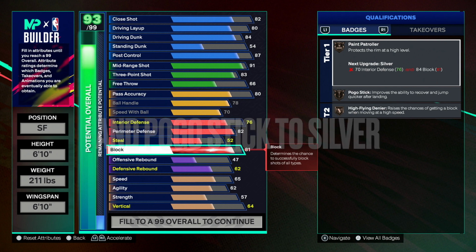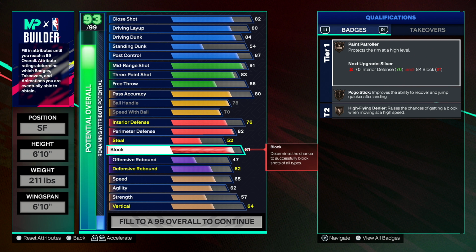Everybody's dunking now. Of course, people are shooting as well. That's why we have perimeter. A lot of people go for them dunks. A lot of people try to lay up the ball and read their layups. But we want to be able to protect that rim at a high level. We want to be able to protect it at a high level, and we will be able to do that